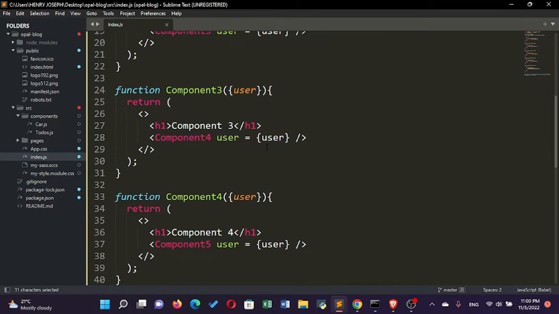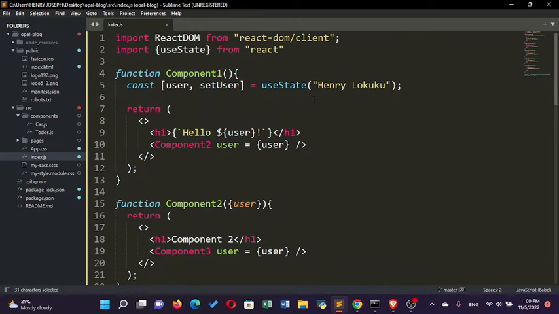That's the technical name, prop drilling, whereby you pass your state from one component to another. It's as if you're prop drilling, like property drilling. So there's a way to solve this. Now to solve this, you can use